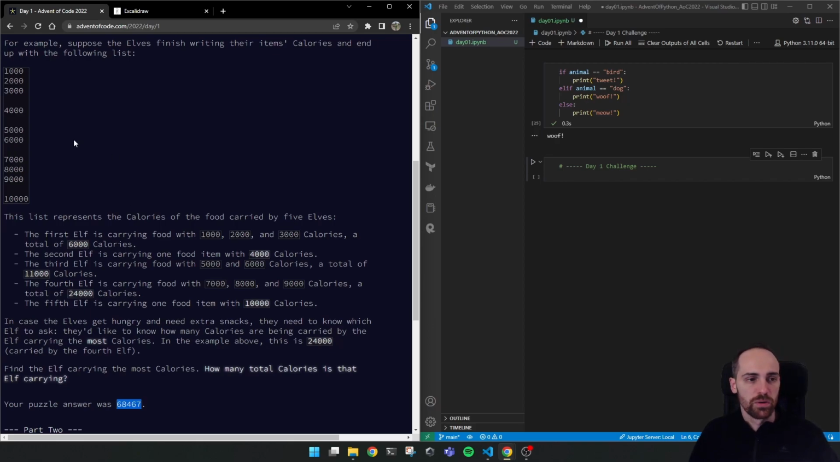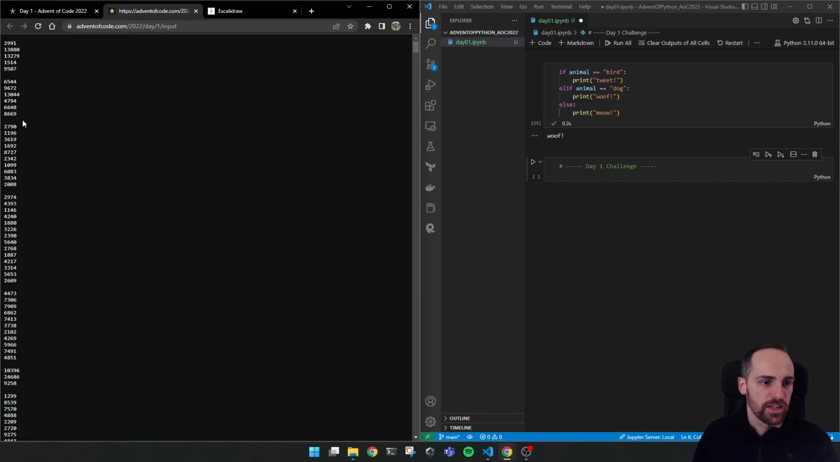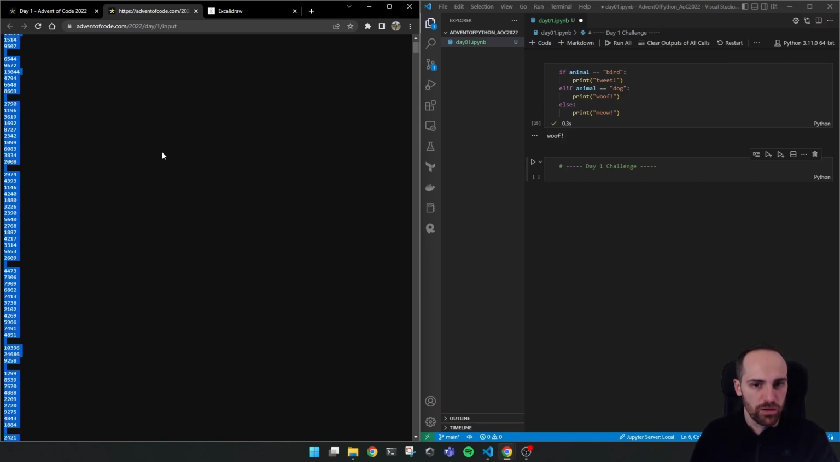So we'll need to go through this list, summing all the supplies of each elf and looking for the largest one. Okay, so let's go to the real puzzle input here, and this is the real one. We can see that it's a much larger list. Now we have to do Control A to select all numbers until the last one, and then